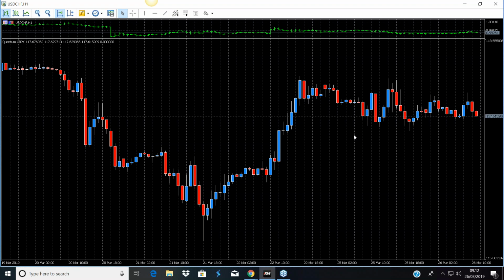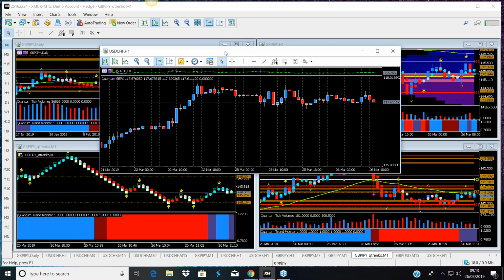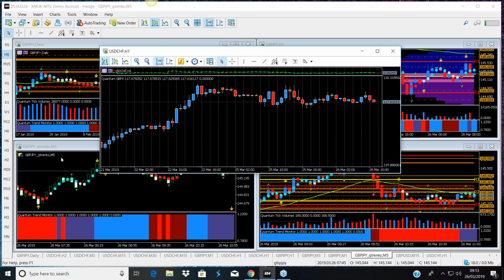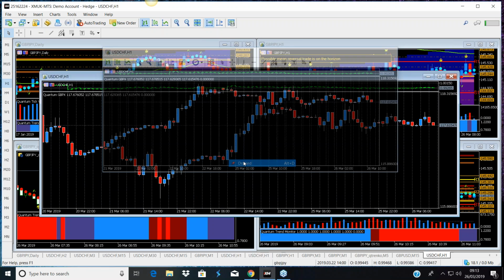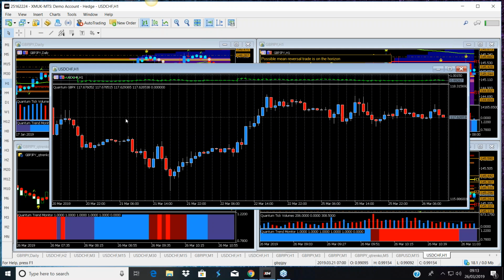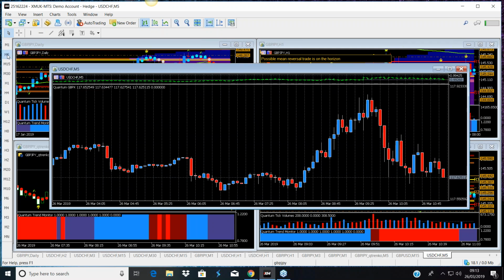But basically, this is the pound. This is the hourly chart. Actually, just let me turn it down. There we are, where you can see about the pound. And if you're trading, click the wrong one. This is docked. Right, there we are. Let's move that to 5 minutes, see what's happening.